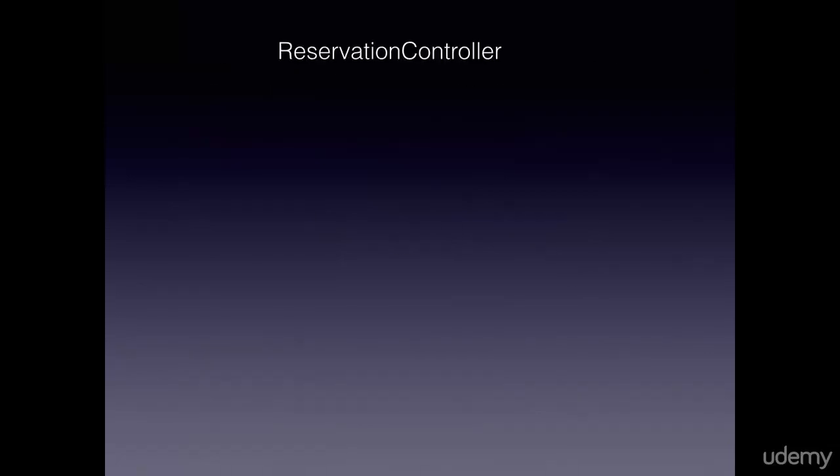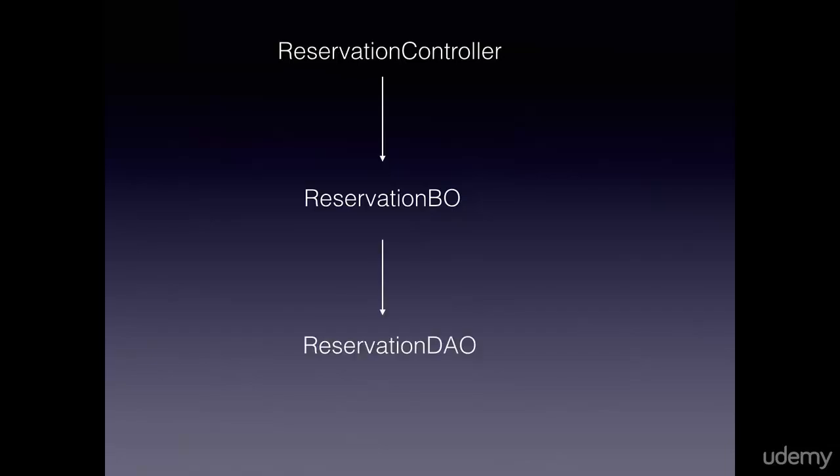Let's consider a Java EE example wherein we have the reservation controller, our UI component, calling into the reservation BO. So the reservation controller depends on the reservation BO, which hosts the business logic. Then the BO calls into a DAO, which does the database operations for us using JDBC, Hibernate, etc. Now, if we are unit testing the reservation controller, we will mock out the reservation BO and all the methods on the reservation BO which the reservation controller's methods are using, and test all the public methods on the reservation controller in isolation.